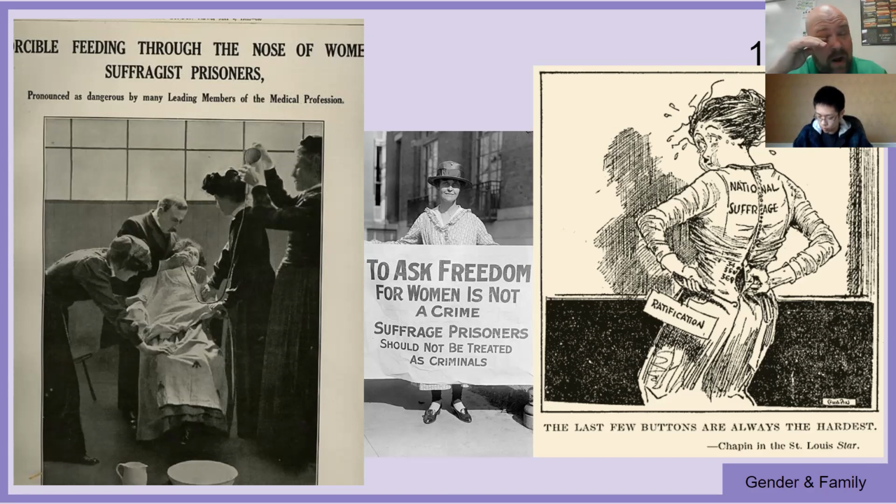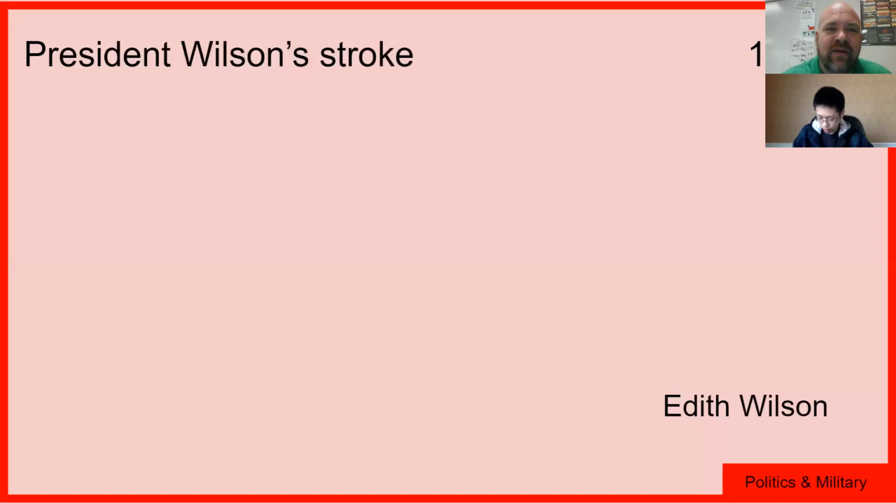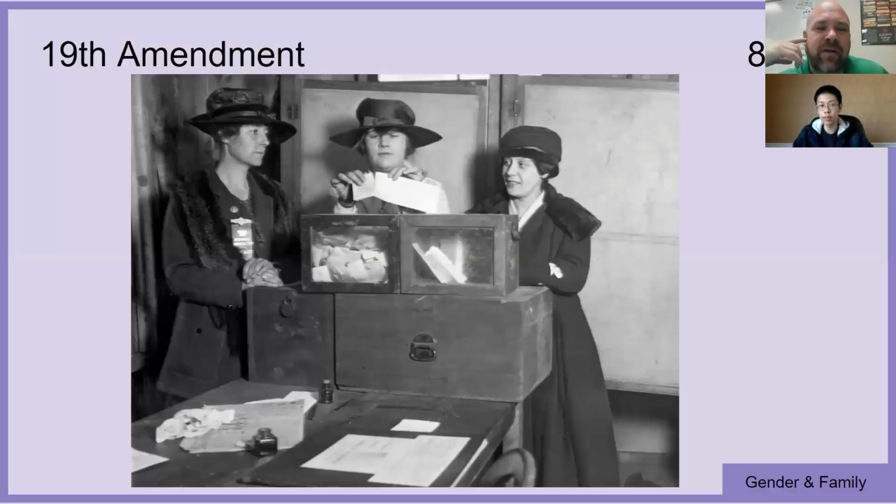And so this is where you're going to get a merging of these two, the new and the old. The new ends up creating the emotional reaction, where the old gets a lot of the legwork done, a lot of the actual legal work done. The result is that they don't get it passed during the war, but after the war in 1920, they passed the 19th Amendment. Women get the right to vote in the 19th Amendment.